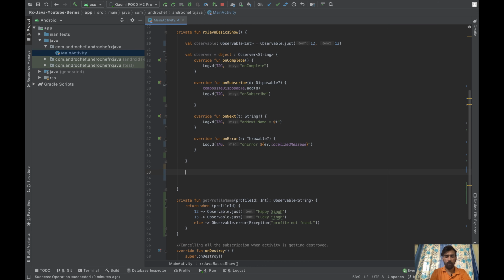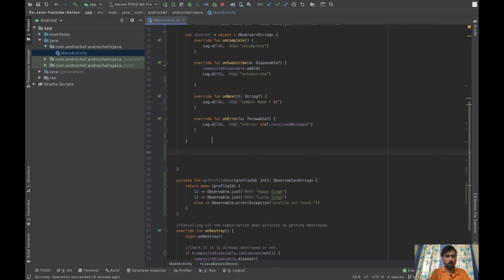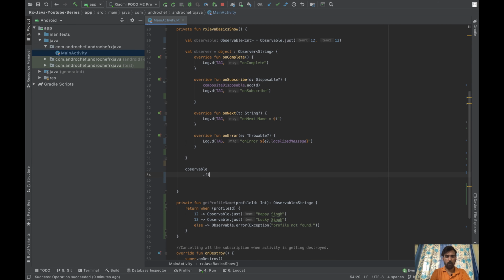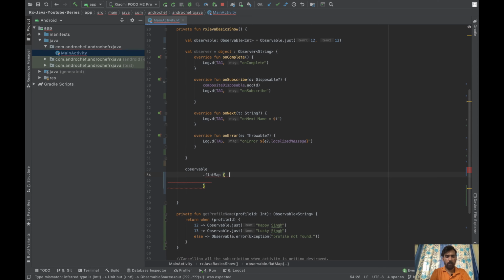So now we will use flat map. We have our observable. Now we will use flat map, and then we have the IDs here. Every profile ID will be there. Now what we have to do, we will call this get profile, and in that one we will pass the ID.